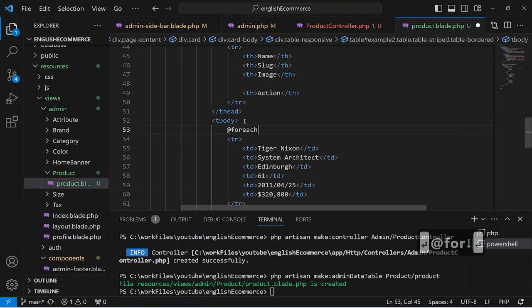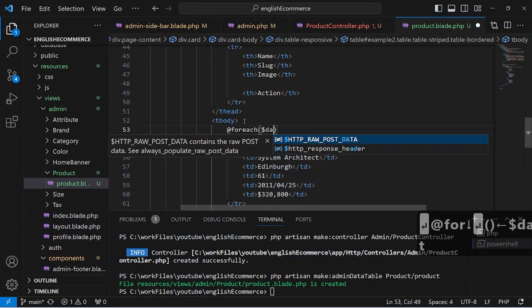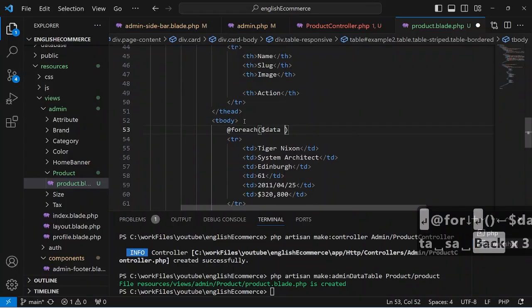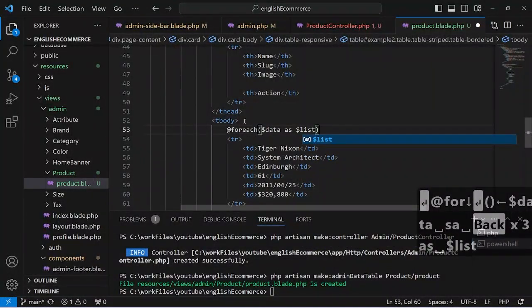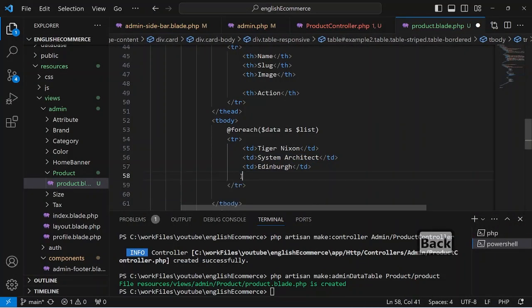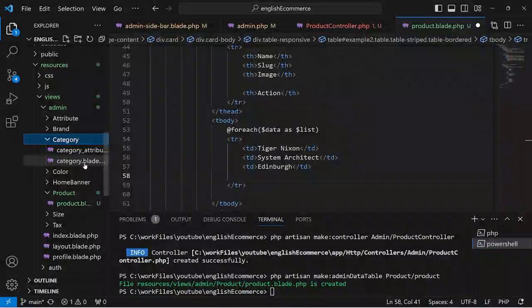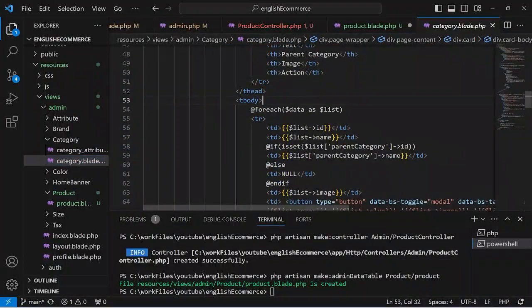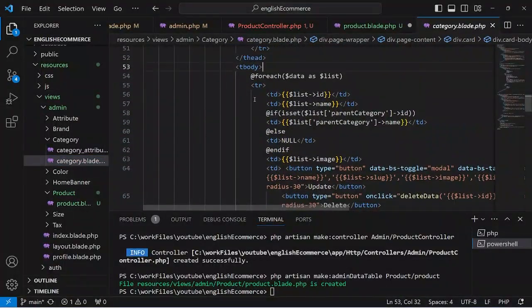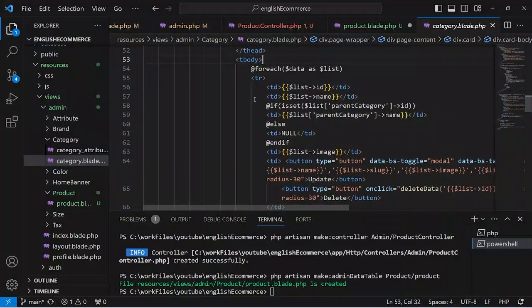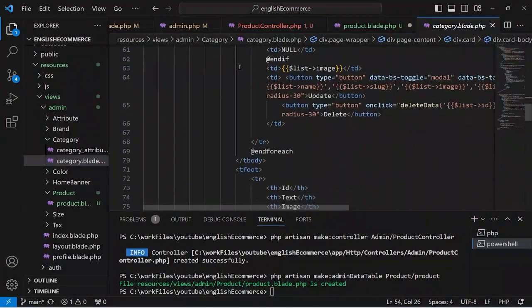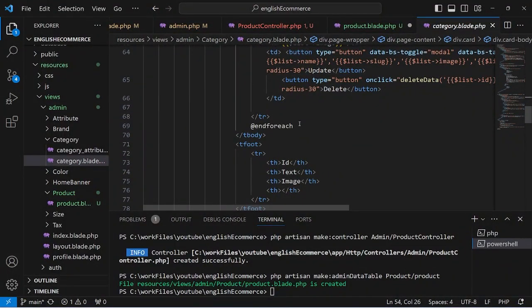For each dollar data as dollar is 123, and remove this. So in any of the sections like category, we already set up this data. So we have image, yes, we have image. From this to this,